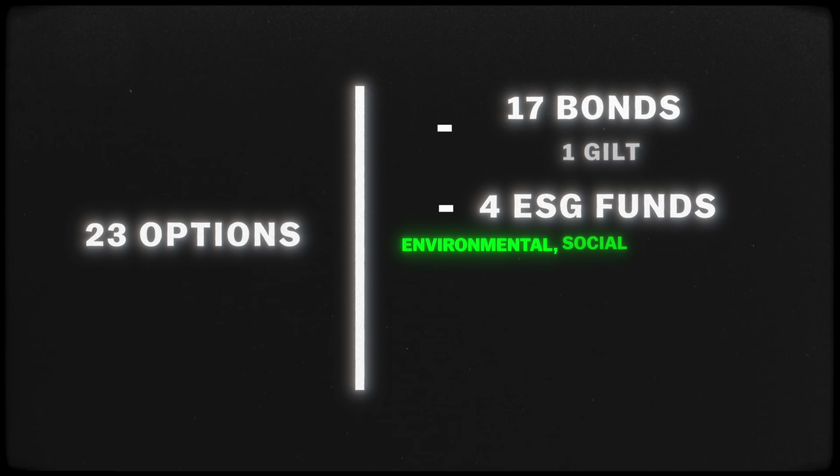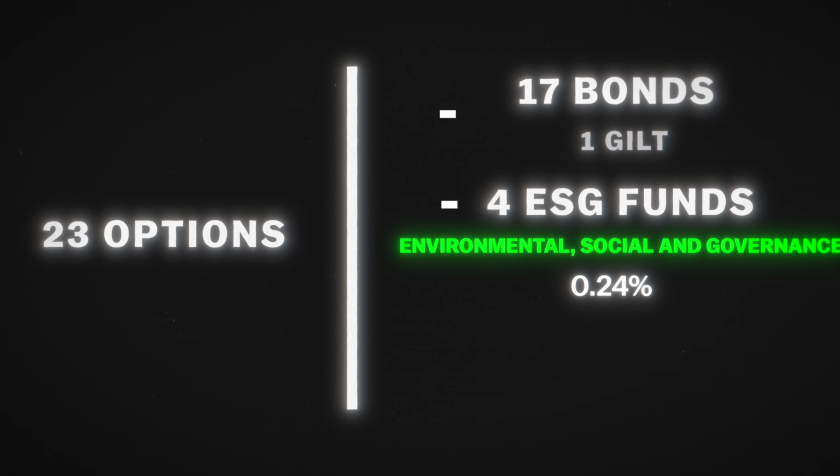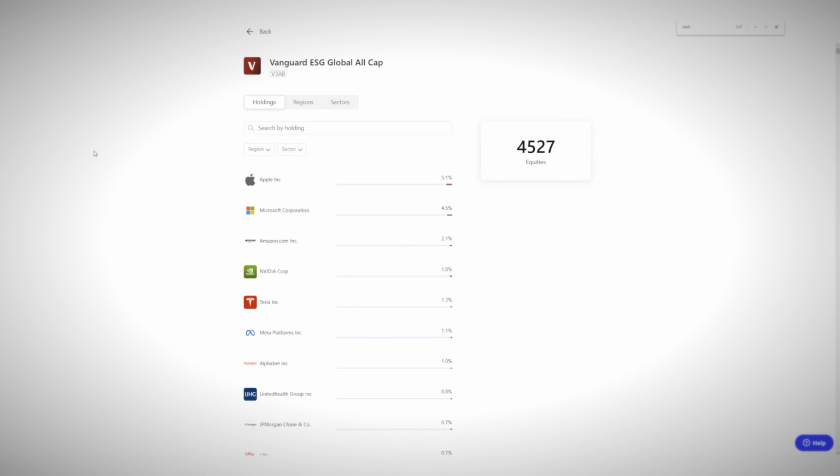ESG stands for environmental, social and governance, which means the companies within these have been screened for this criteria. Now, in my opinion, ESG is very controversial. It depends how ethical an investor you want to be, and honestly, what you class as ethical. The fees are slightly higher again at 0.24%, but if we look inside the Vanguard ESG Global All Cap, for